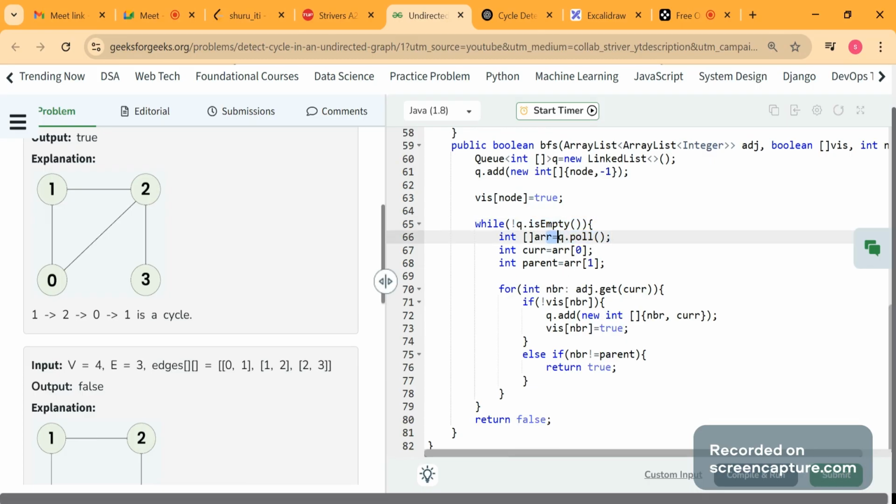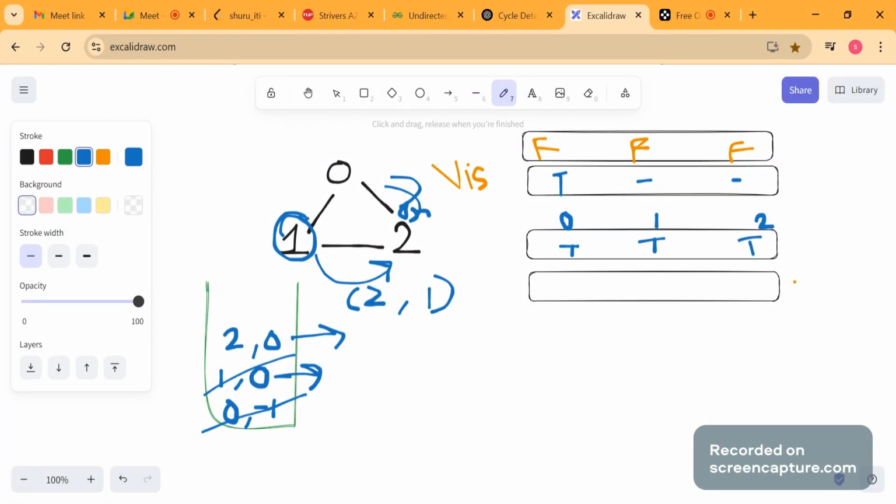It will be in the form of an array because we are storing arrays in the queue. Now we will take the first element of the array as the current node, and the second element as the parent, like we were storing here. 0 comma -1, so 0 was the node, -1 was the parent. 1 comma 0, 1 was the node, 0 was its parent.